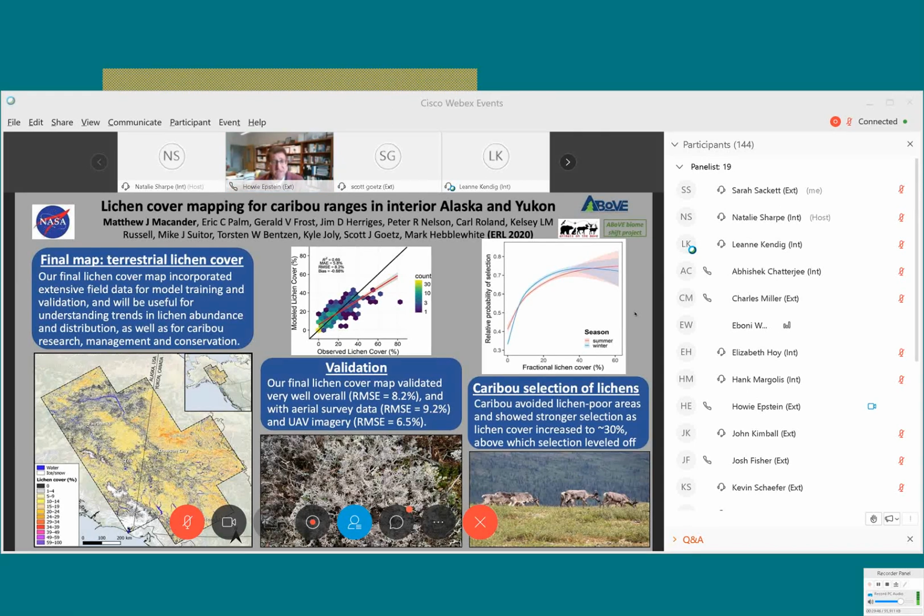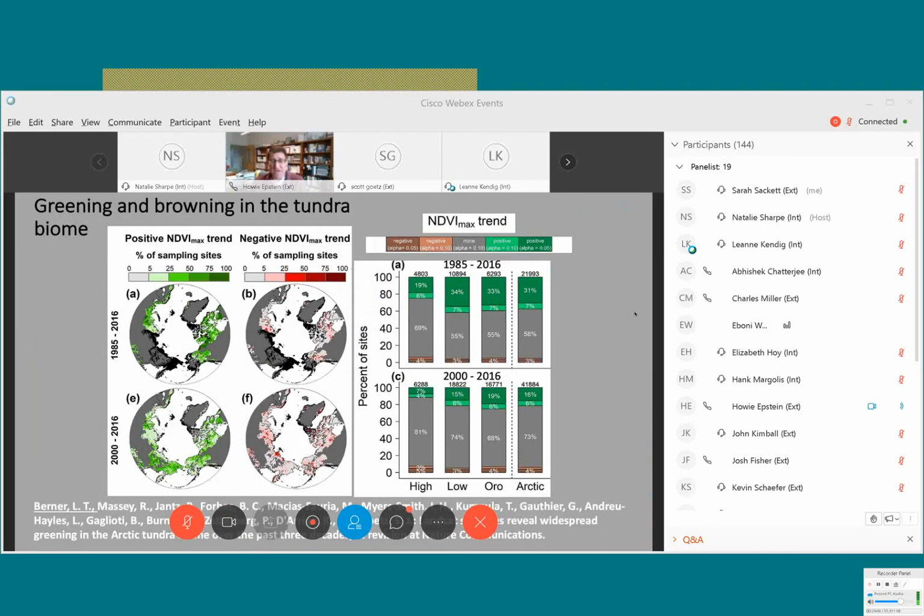The next slide coming up is a paper that is in revision at Nature Communications by Logan Berner et al., looking at the greening and browning across the tundra biome using Landsat data. Really interesting results here that show that the proportion of the tundra landscape that has significant browning trends is actually quite small, 3 to 4%, and the significant greening trends are about 15 to 30% of the landscape, depending